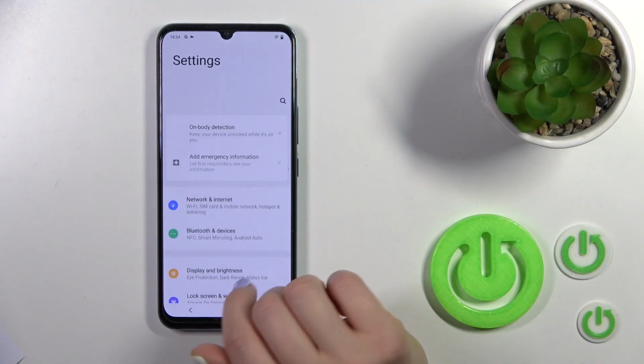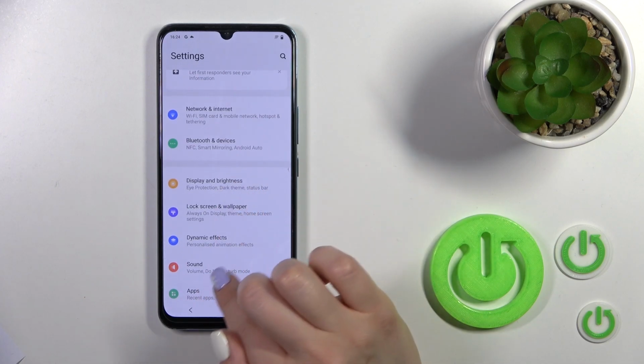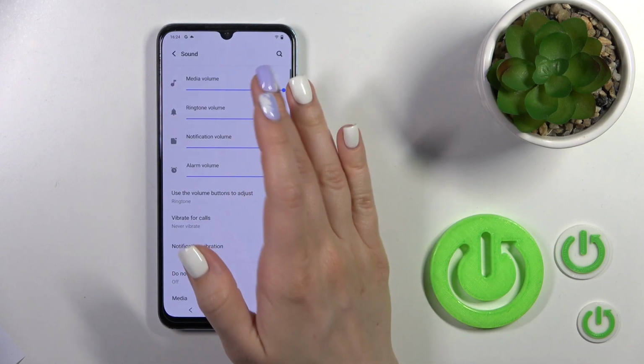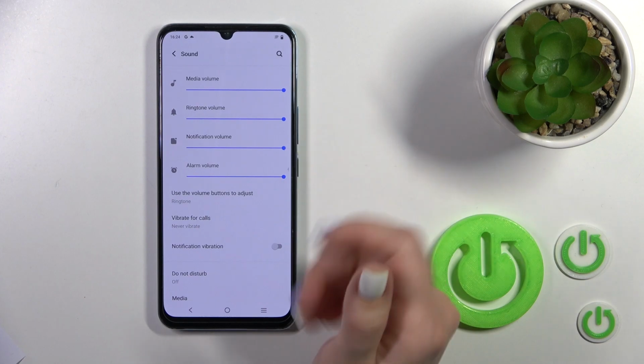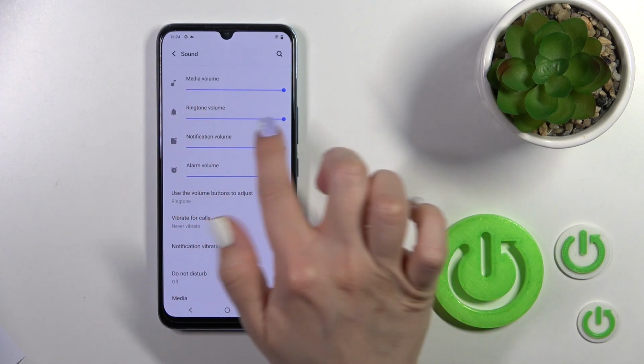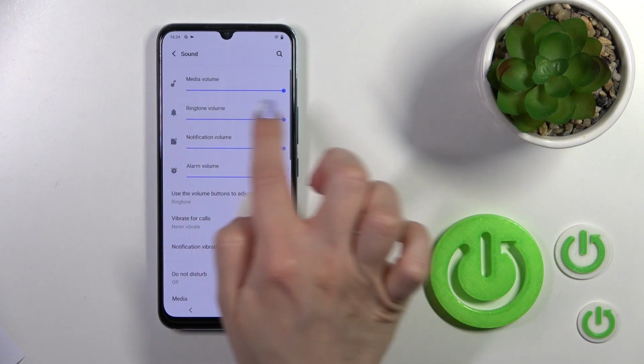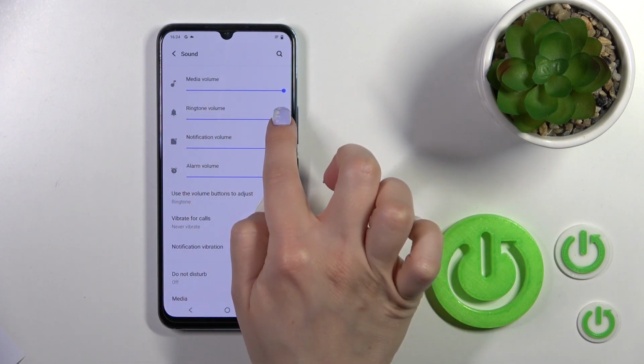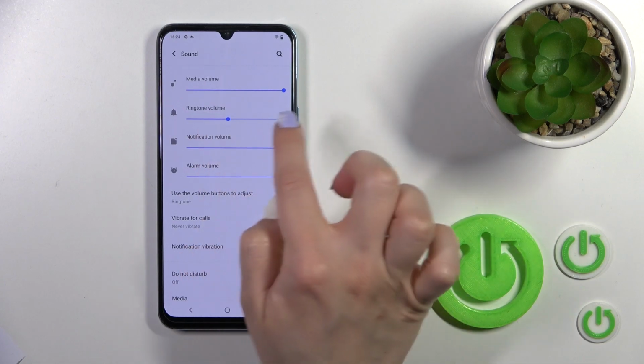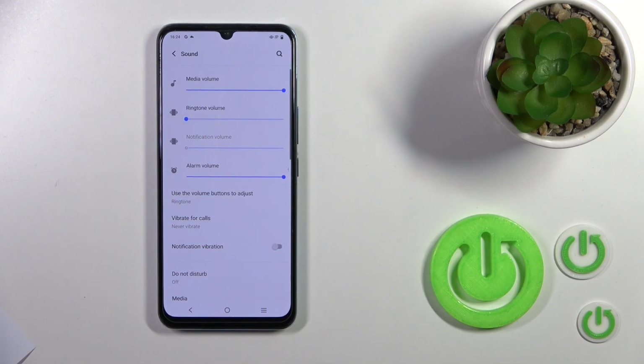So open first the settings and then tap to the sound section. Here you'll see media, ringtone, notification and alarm volume panels, and to mute ringtone we should mute the ringtone volume panel. To do that, we should slide to the left side this dot on the ringtone volume panel with our